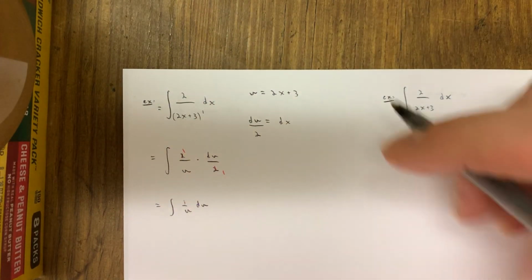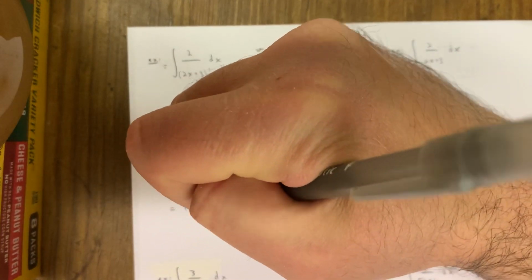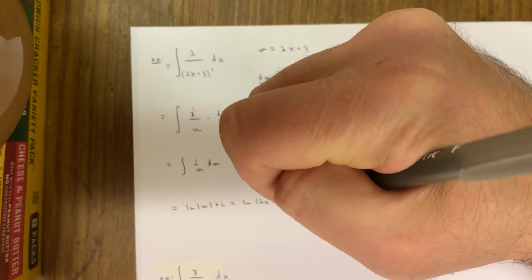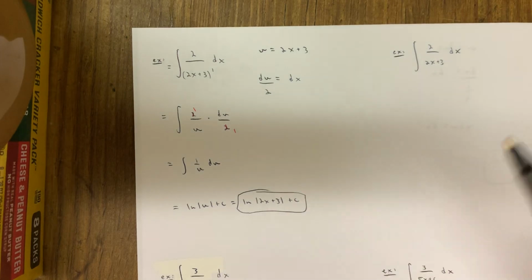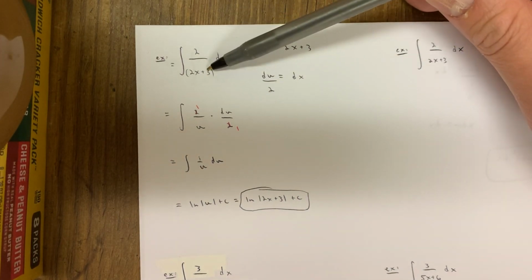And that's a basic rule. We know the integral of 1 over u with respect to u is ln absolute value u plus c. And we know that's really ln absolute value of that quantity 2x plus 3 plus c. And that's my answer right there. So if you want to integrate a quotient and the bottom isn't being raised to a power,